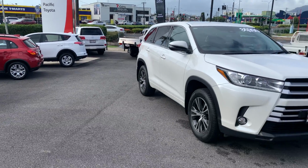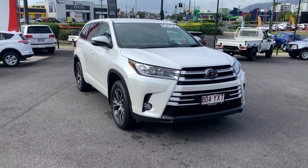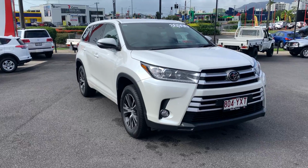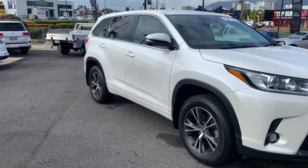So firstly, I would like to give you a bit of a professional video tour of the vehicle that you're looking at and inquiring about. That's the 2019 Toyota Kluger GX Wagon 2-wheel drive, in crystal pearl white. Before I give you a tour of the vehicle itself, I just want to give you a bit of a tour of the